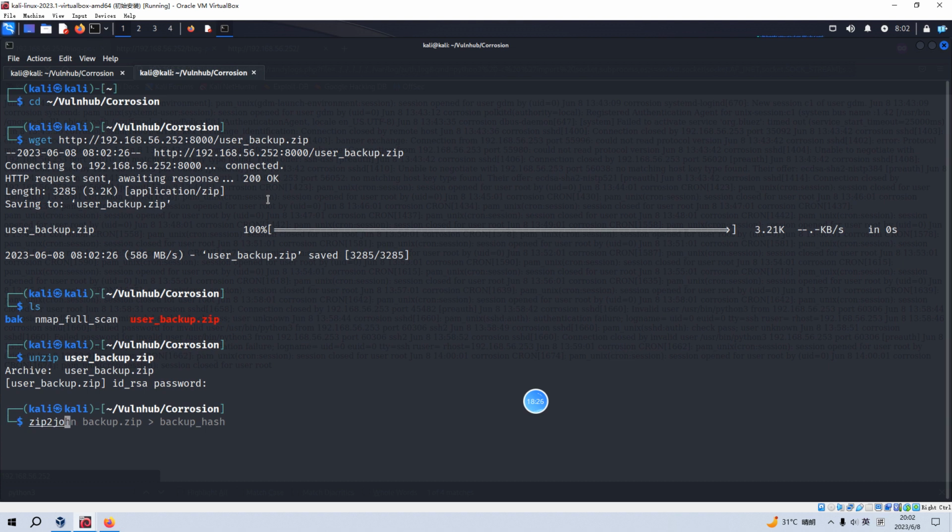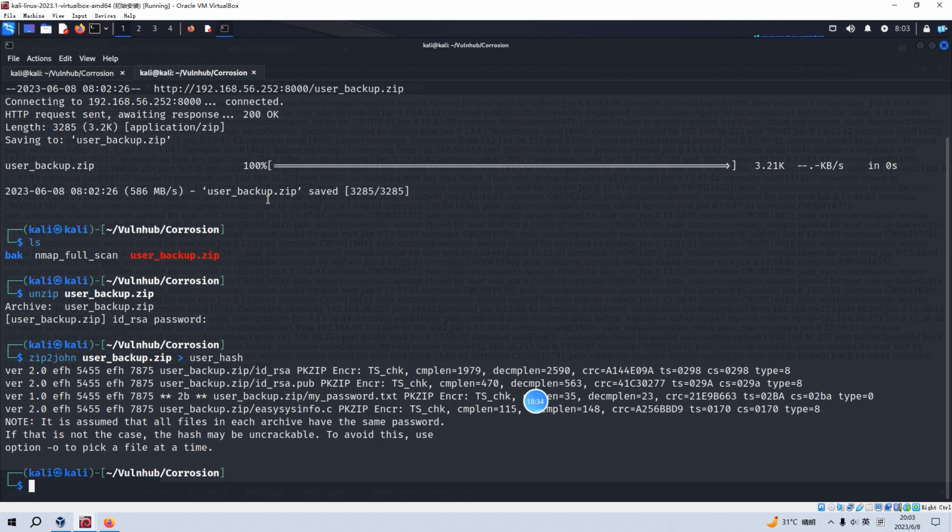We can use zip2john and save the hash, no problem. And now we can use the John the Ripper word list. We can use rockyou as our word list, and the hash,